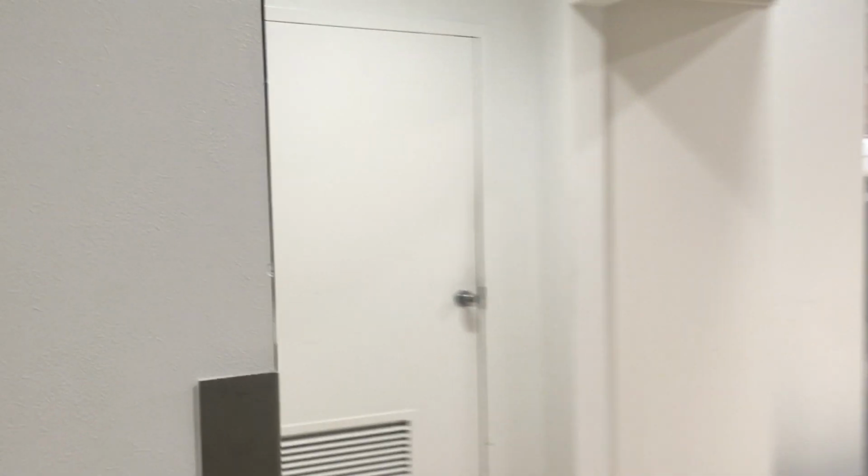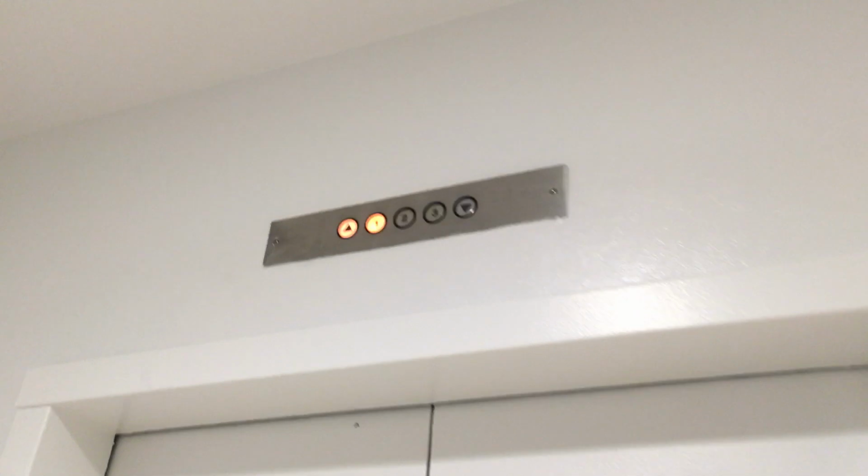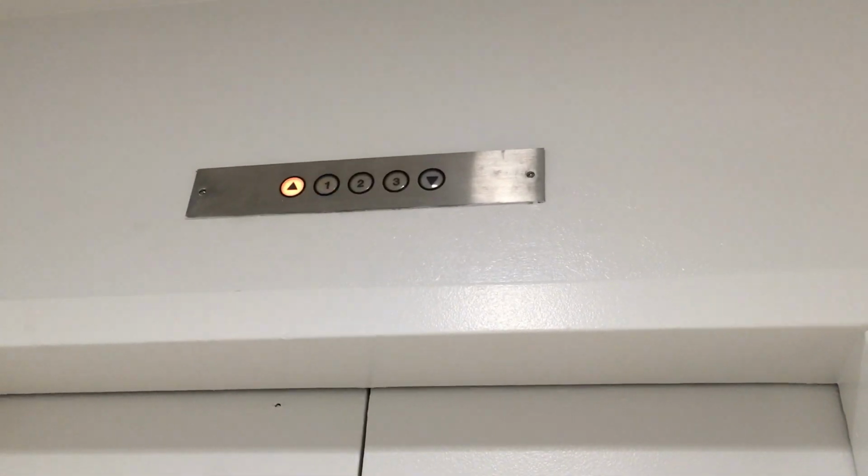There's the Westy arrows. There's the interlock. Westinghouse. The machine room. Oh yeah, this is the machine room right there. Alright, that'll be it. There's a freight